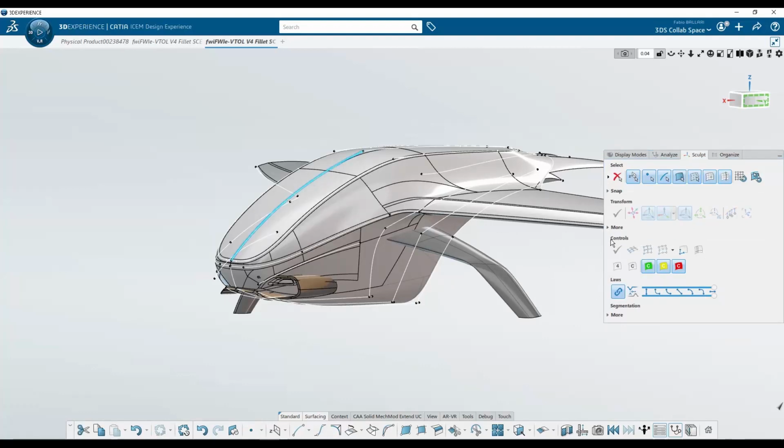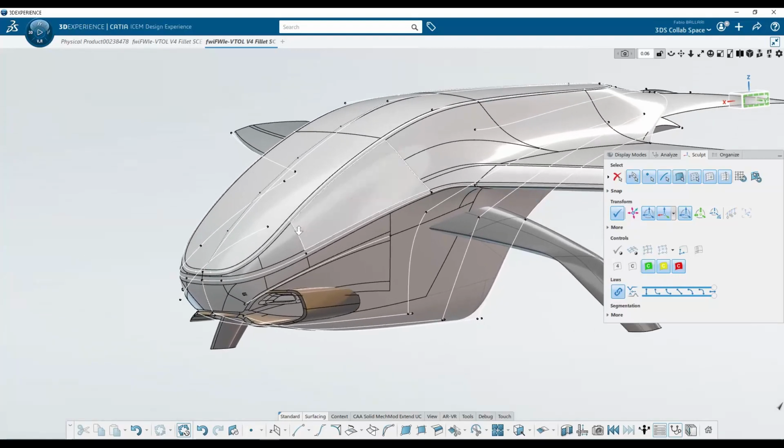Let's start by activating traditional control points on top of the curve, and set up Smart Update in order to optimize performance. And by clicking on a control point, we are able to automatically update our shape thanks to the soft parametric. Smart Update allows the user to have a fluid control point experience, while soft parametric will guarantee all the transitions and the update. With the ICEM Design Experience, we are able to modify geometry not only by traditional control points, but also through gravel points, which are actually points projecting directly on the surface and the curve, global points, which enable you to globally modify curves and surfaces, and